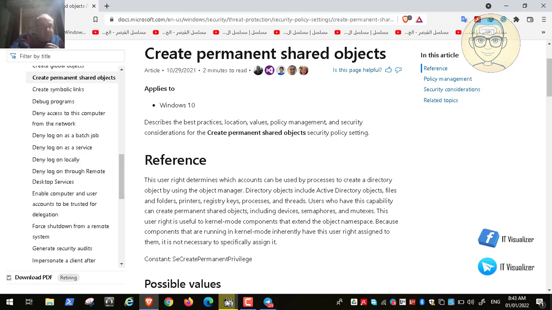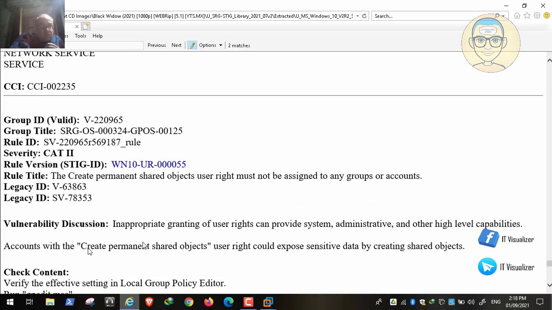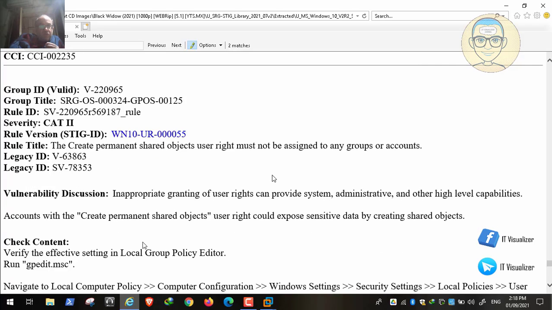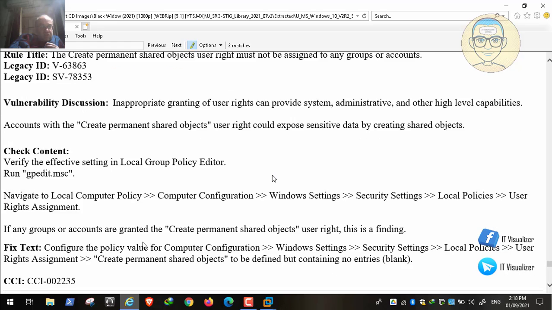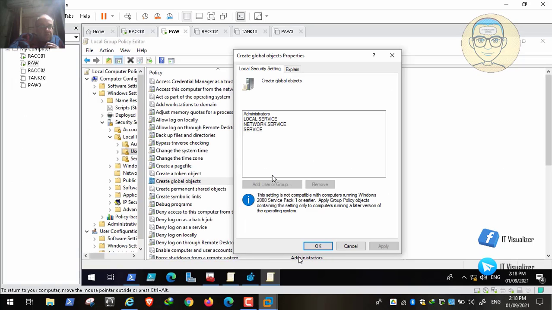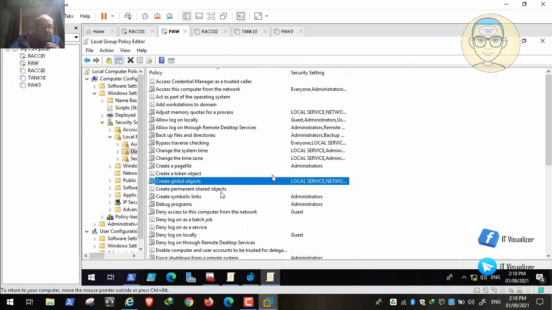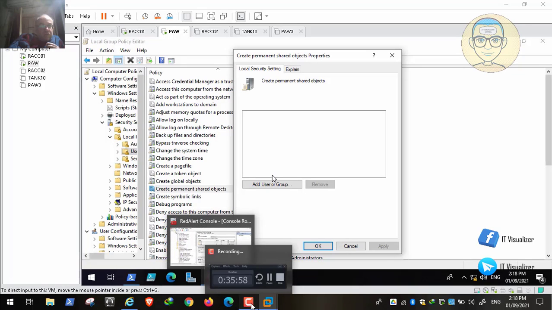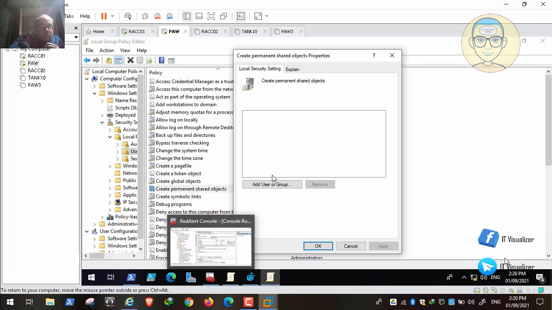So let's see what it should be assigned to. I think here it says that it should not be assigned to any groups or accounts. So this is very strange. It will not be assigned to even the administrators. Okay, so maybe this is also one of the best practices, not to share it or to give anyone this right.